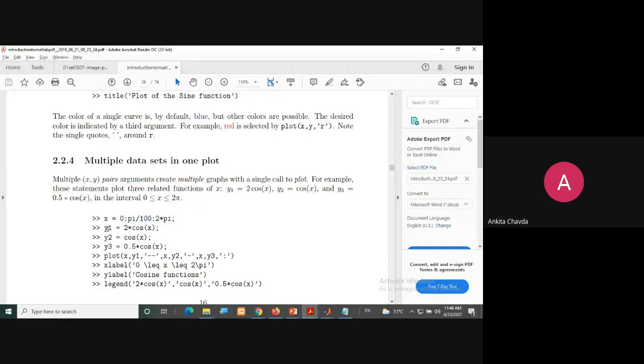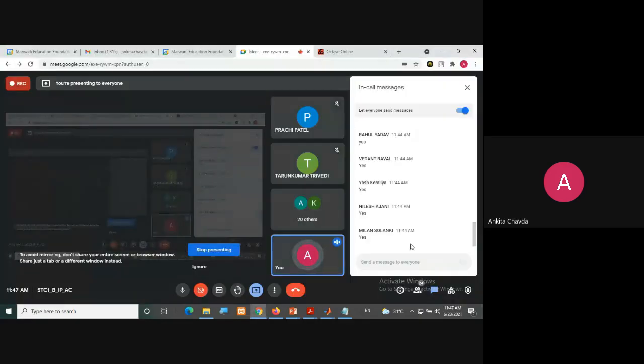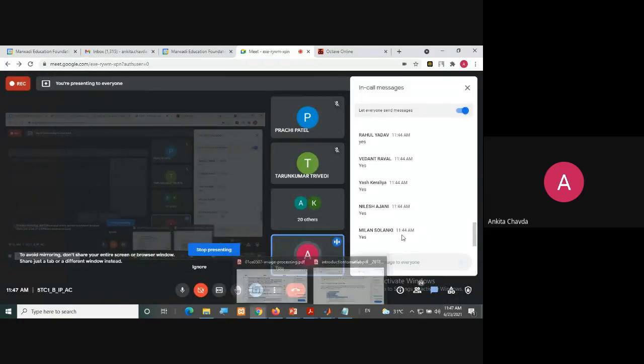Then y1 equals the function, y2 equals the function, y3 equals the function, and you plot all together with different line styles. So you can easily identify which plot is for which. You just start this and try it, and then I'll ask you the question. I'll get to know how many of you are not working. So please try this, whatever I'm saying.